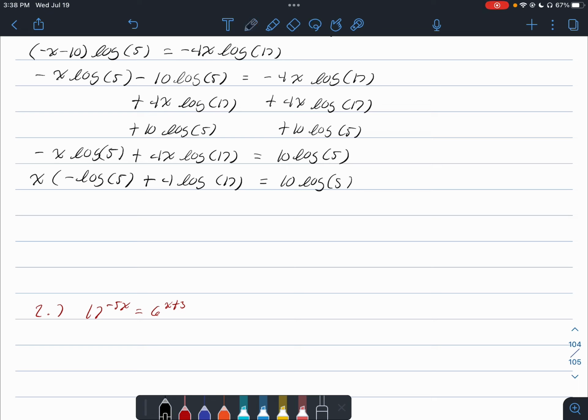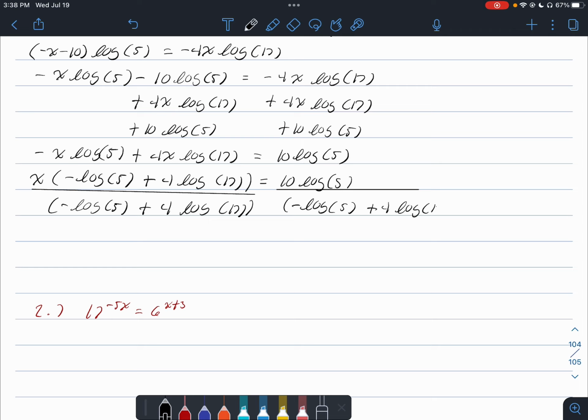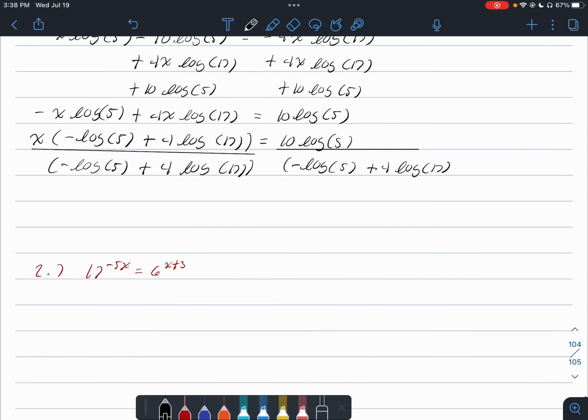So we can then divide both sides of the equation by negative log 5 plus 4 log 17. And these will cancel, and we'll have x is equal to 10 log 5 over,